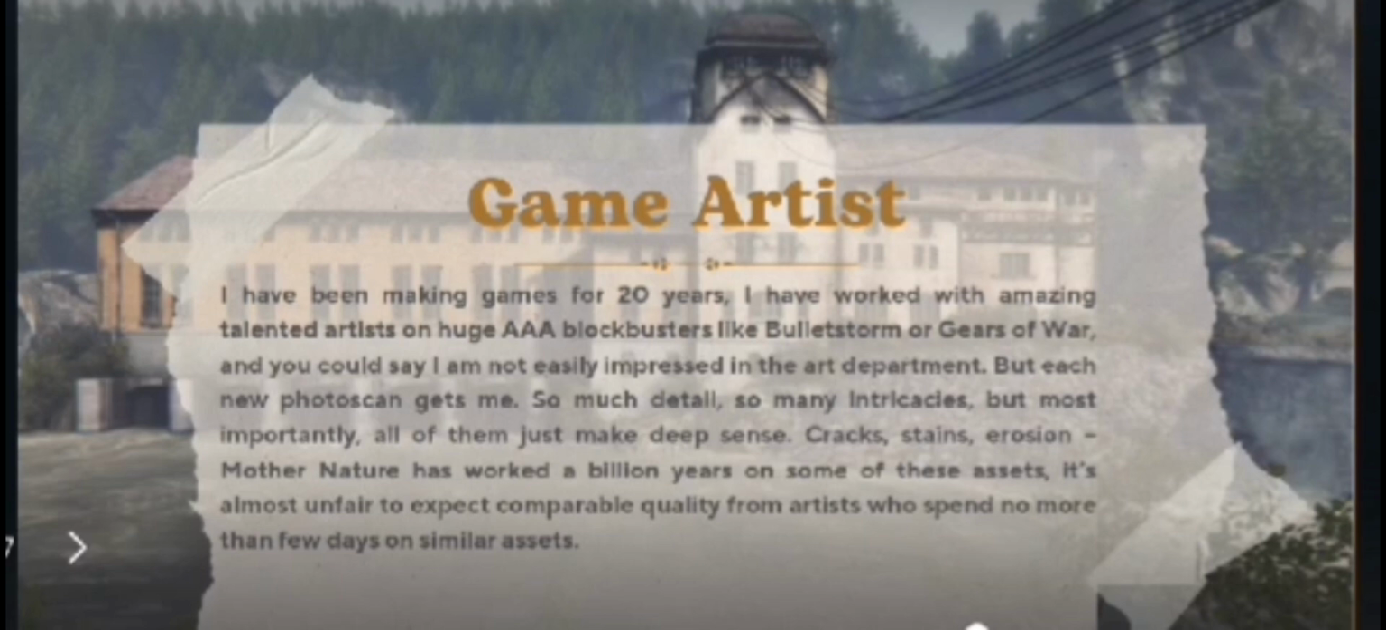but each new photo scan gives me so much detail, so many instructions, but most importantly, all of them just make deep sense. Cracks, stains, eruptions. Mother Nature has worked a billion years on some of these assets. It's almost unfair to expect